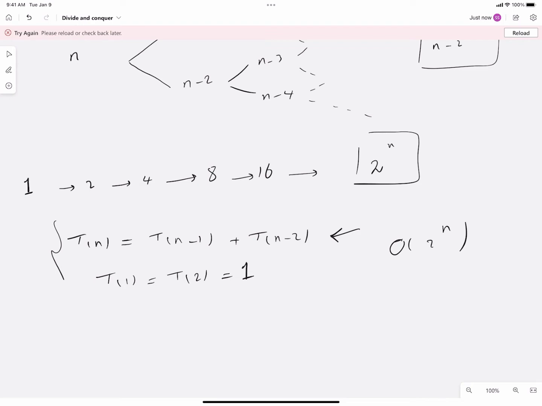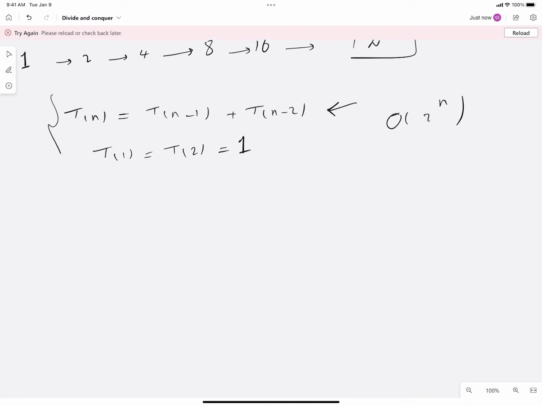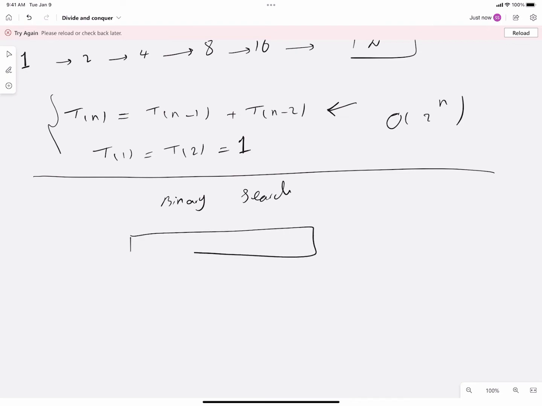I'm going to give another example of divide and conquer, and see why it works for other problems and maybe not for problems like this one, where we're doubling the size of the problem. So if you look at binary search in a sorted array, here I'm going to